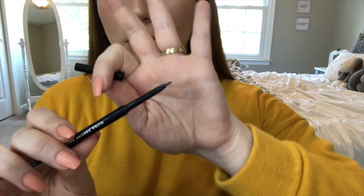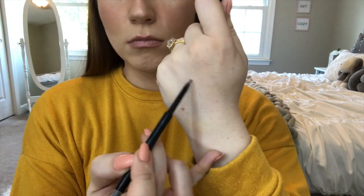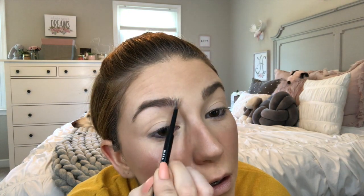Super, super tiny, and usually the ones that are super tiny like this and thin last me about 3 days. I've been using this for over a week and it still looks like it hasn't really gotten a dent in it. So I am enjoying this right now. I think this color, I believe I got it in a neutral brown. I even think this might be a little bit dark. I might try to get a taupe or something next time, but the formula is good, spoolie is good,